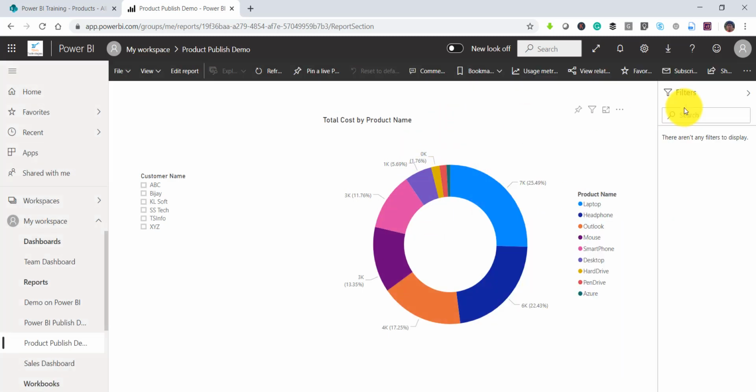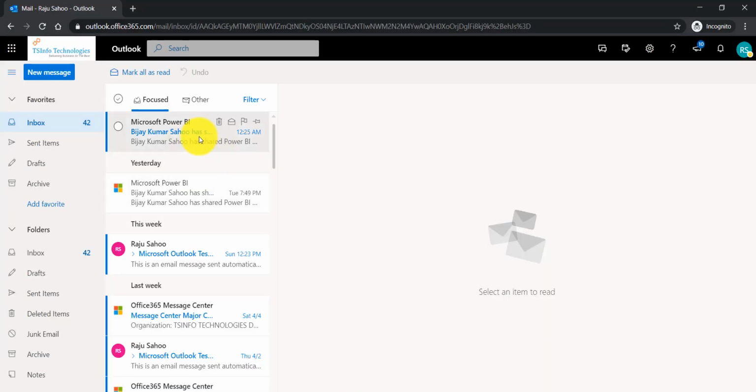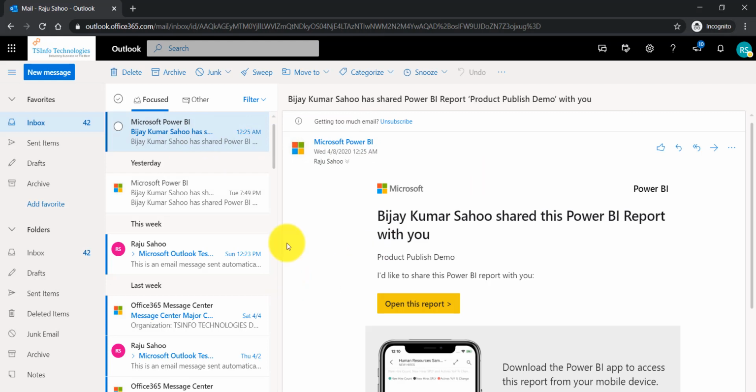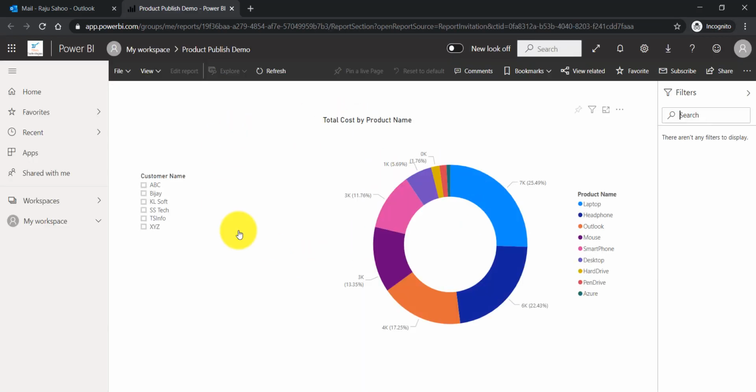Now, once you share this, I have logged in with this particular user, and you'll see the user got an email saying that the report has been shared. If he clicks on that, he can see the report. The whole report is coming here. He can filter and so on. You can see here the user can also